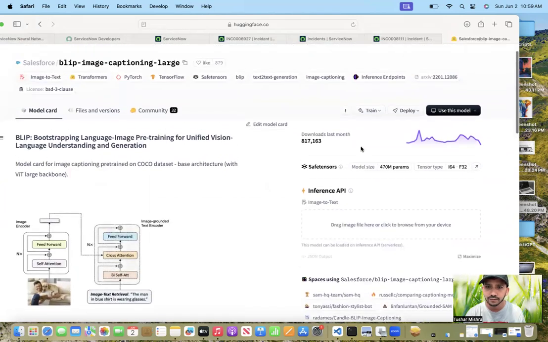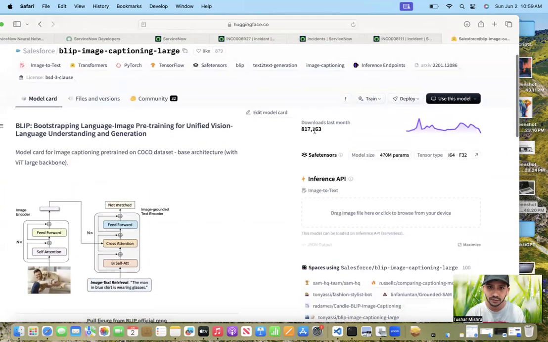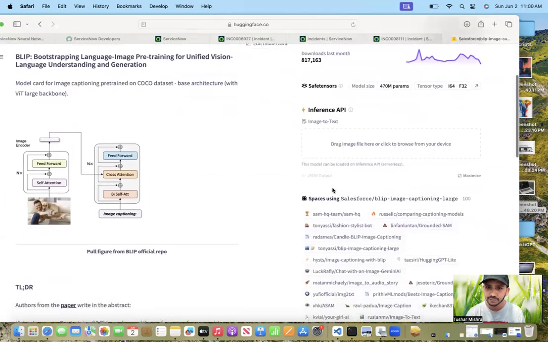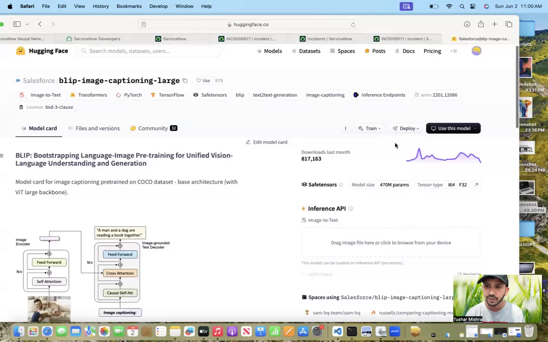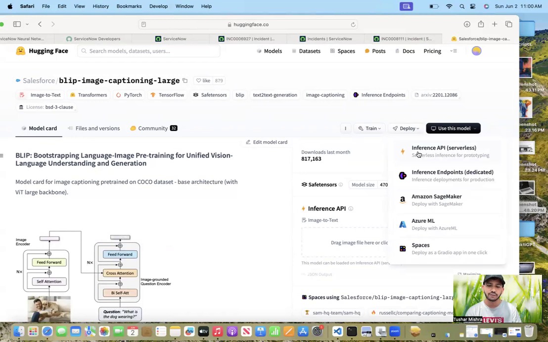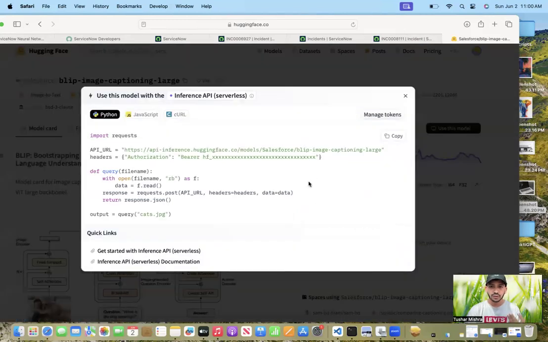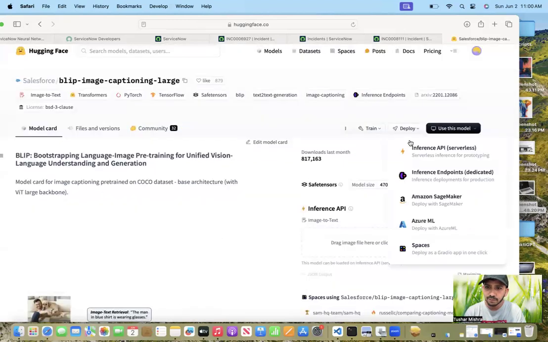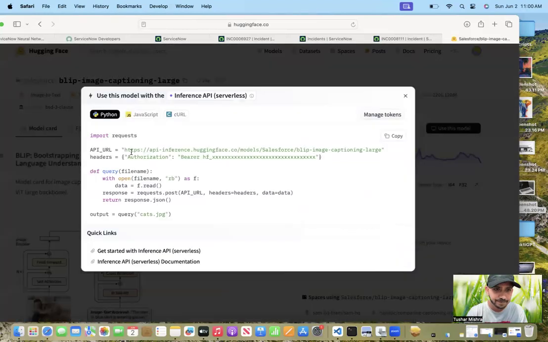And here you see this model has been downloaded many times, and there are many spaces which are using it. It has so many likes. So I can simply use this to get information. Now to get this model working, again, I clicked on deploy, inference API. I wanted to use this as an API to get the information. The API URL is this, but now the input requires